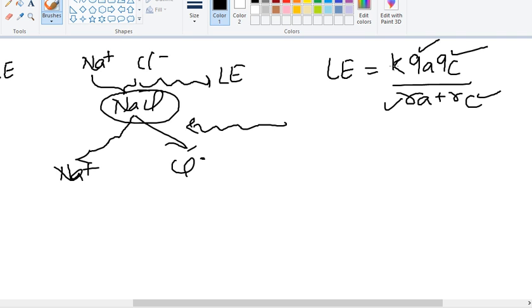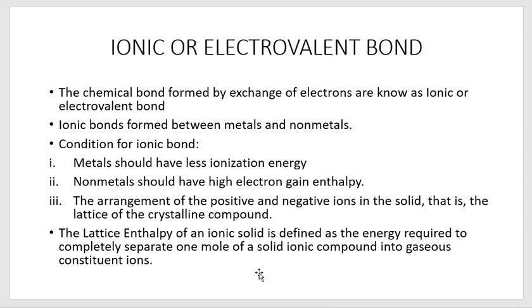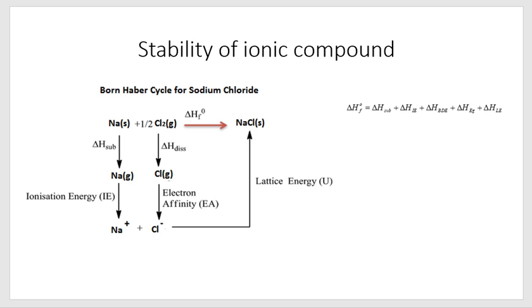There are many factors defining it also. So this is what I am talking about, lattice enthalpy. So three important factors, again I come to the point, three important conditions are necessary. One is low ionization energy, another is high electron gain enthalpy, and the third is relatively high lattice enthalpy, right? So it is observed in solid state, right?